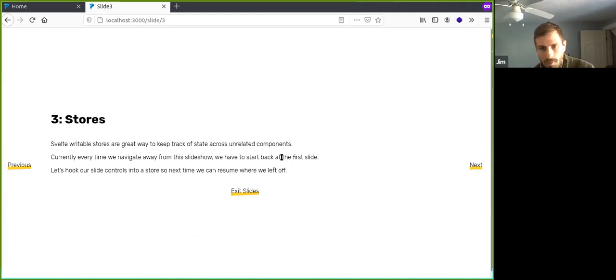For instance, every time we come to the slideshow, we have to go back to the first slide and then toggle through it. It would be cool if we could go to a certain place in our slideshow, exit out of our slides, do some examples on the website, and then come back to this specific place in our slideshow later. Now we can do that.